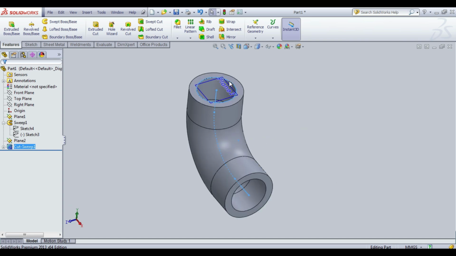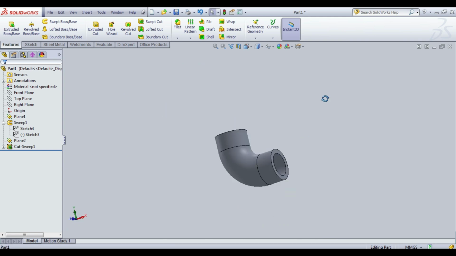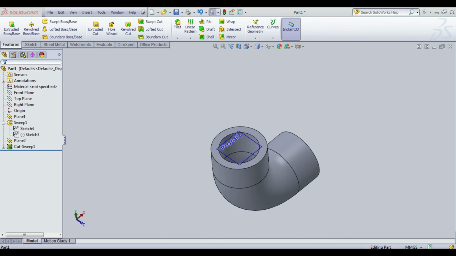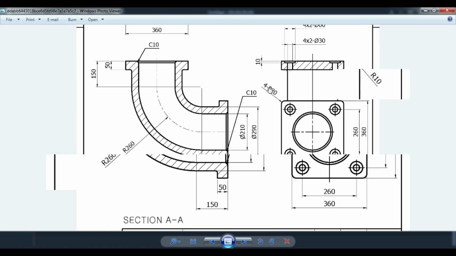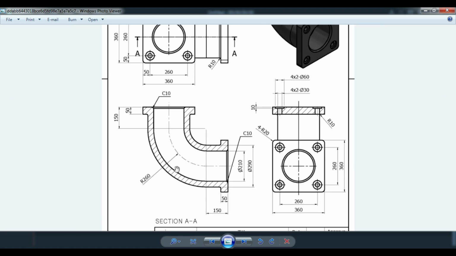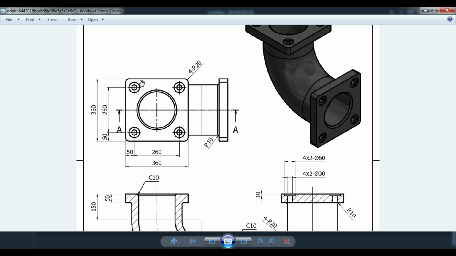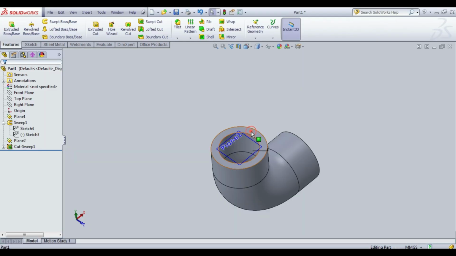After that, we draw the flange in two phases. First, you draw the flange on one side of the pipe in the square part, 360 and 360. Click the one face.